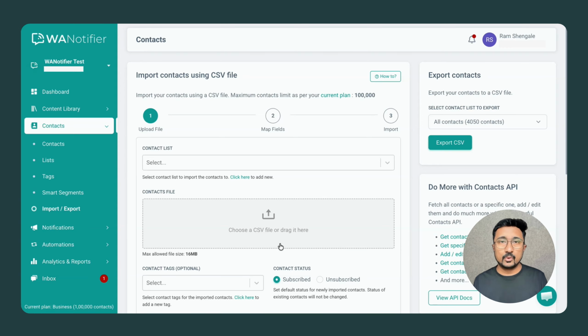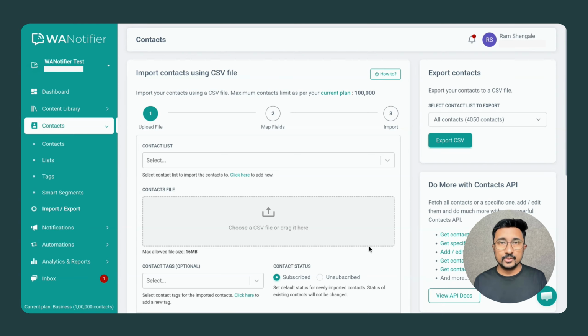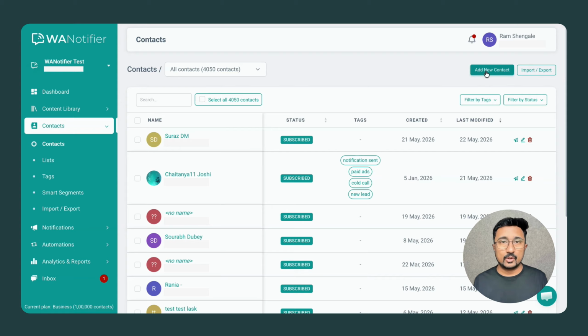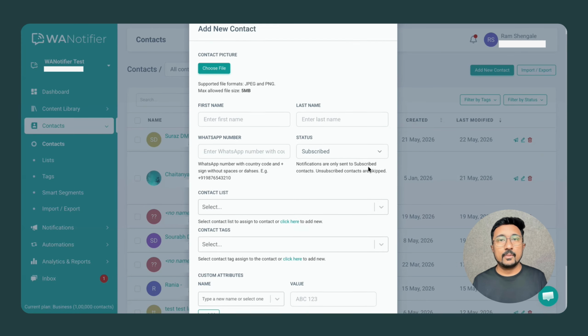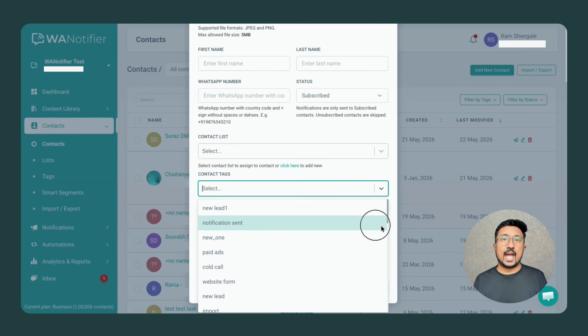You can also import contacts using WANotifier's Contacts API. For more info on this, you can click the View API Docs button. If you prefer, you can also add contacts manually. To do this, go to Contacts and click the Add New button in the top right corner. This will open a pop-up where you can enter the contact's details, assign them to a list, and add tags